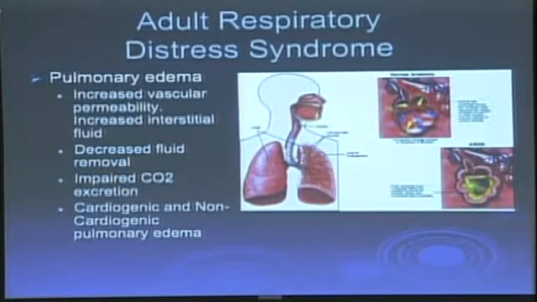Now, this can be cardiogenic or non-cardiogenic in origin. Cardiogenic, straightforward, increased hydrostatic pressure forcing fluid out. Now, if the patient is